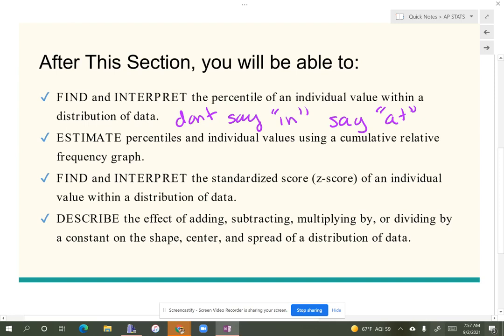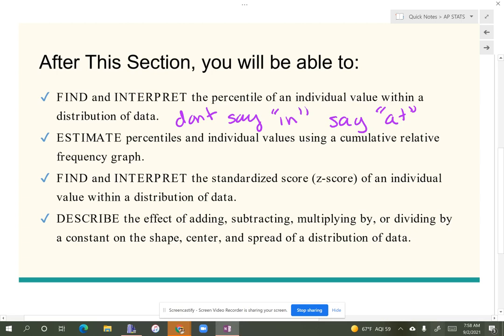If you haven't heard about percentiles, the best example I can give you is, and maybe this will make sense to you later in your life, when people have children and they are babies, they have lots of doctor visits, and every doctor visit the baby will get its height, weight, and head size measured, and then they compare it to other babies that are at that age. And so, for example, my son,